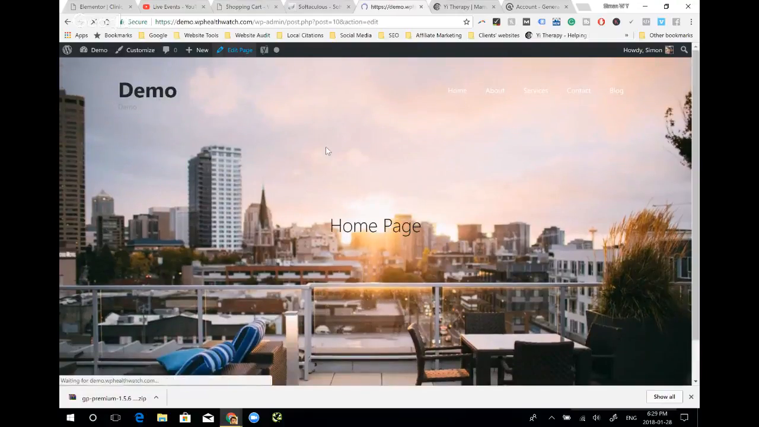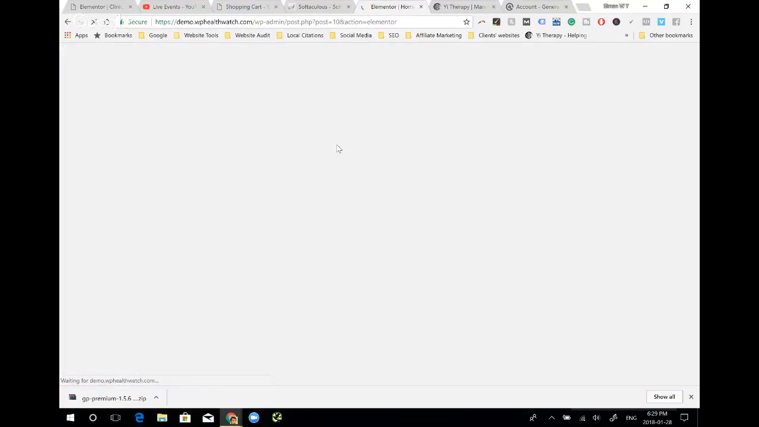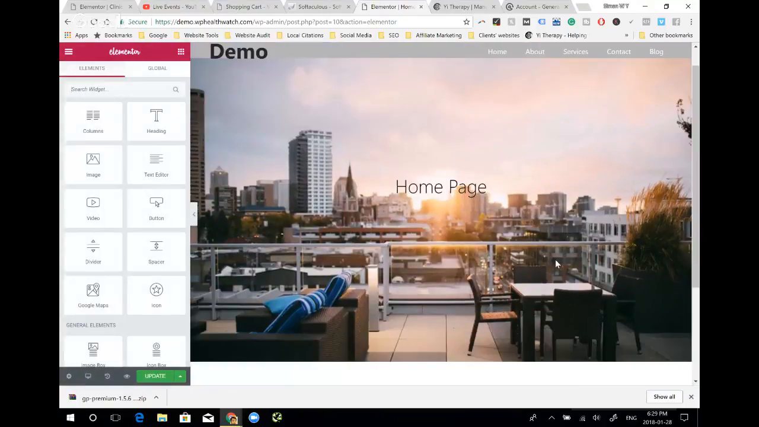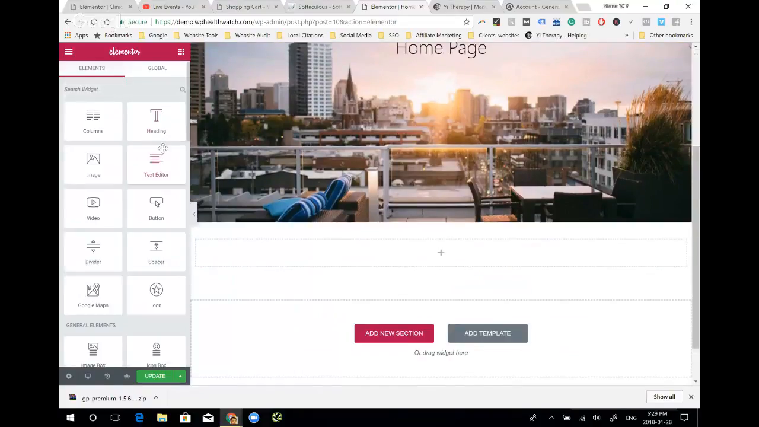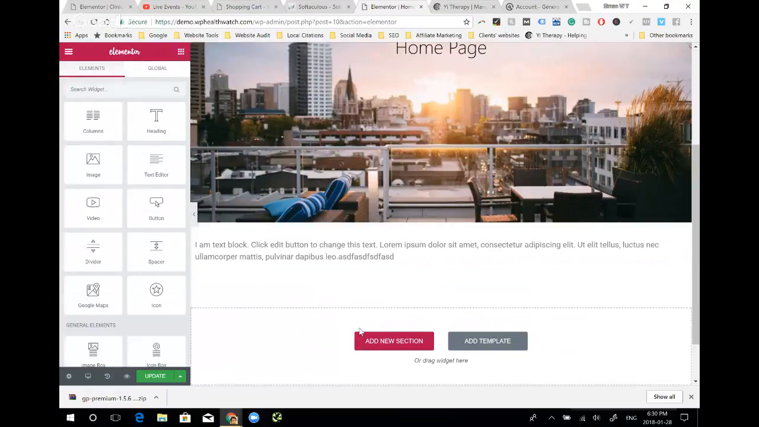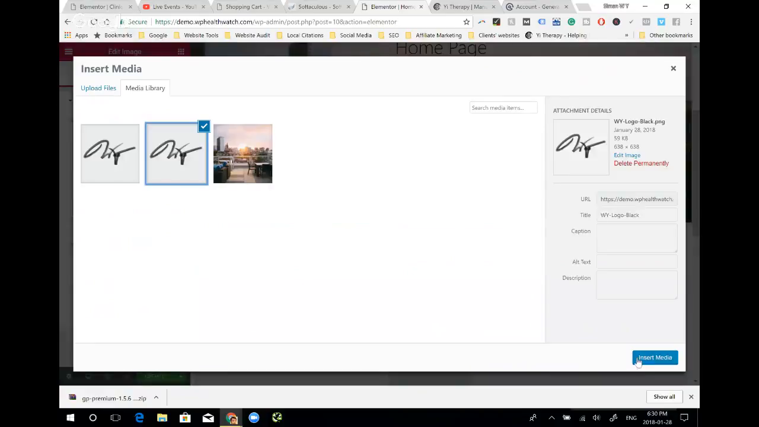Go to edit page. We mentioned Elementor as a page builder, drag and drop page builder. Click on the edit with Elementor. Here's what it looks like. It's very easy. You can actually add any section in here, and you can drag and drop anything over here. For example, you can drag a text, which you can just write anything into it. You can drag an image over here, and then you can choose your image. You'll upload anything,